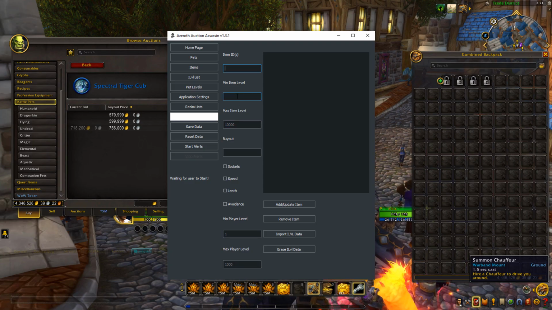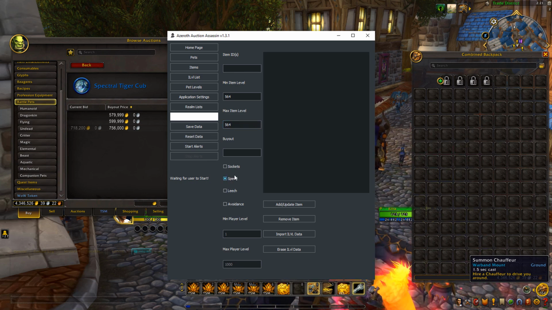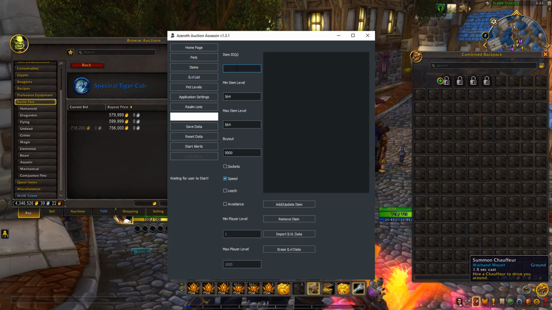Then you can put the minimum item level that you want to get notified for and the max. So say for an example we wanted to flip the BOEs from the War Within that are 564, we could just go ahead and do it like this, and this will only give us the ones that are item level 564. And now what we also could do is say we just want to buy the ones that have plus speed, because these can sell for a lot of gold. You can go ahead and select just plus speed, and say we want to buy them if they're under 5,000 gold. Now what we would do is go in and get the item ID off Wowhead for each of these items, and put the item ID right here,